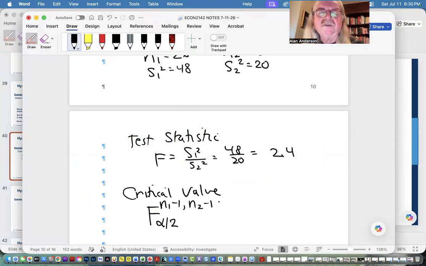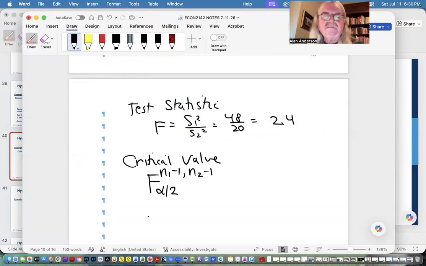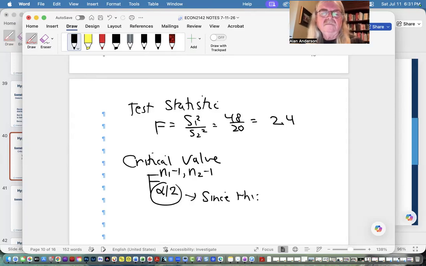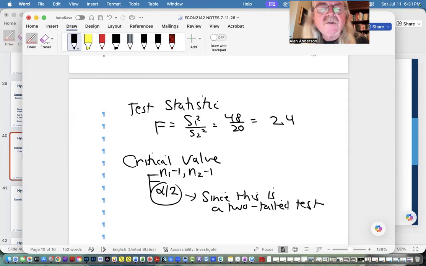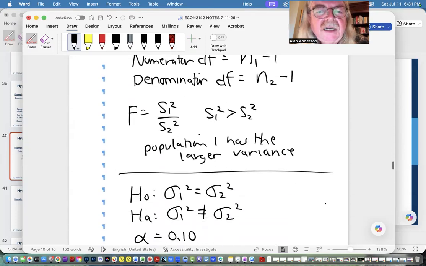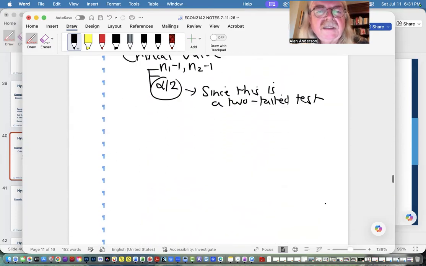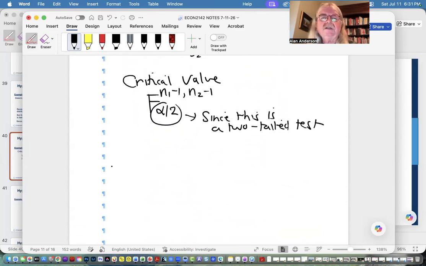Not every book does it this way. So I just want to mention that right here. I think I skipped over that before. The critical values are